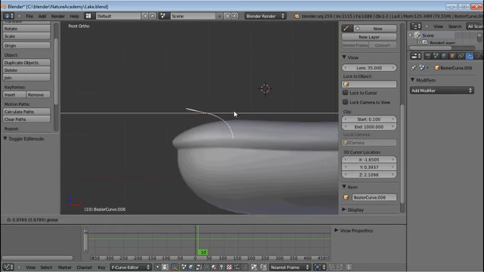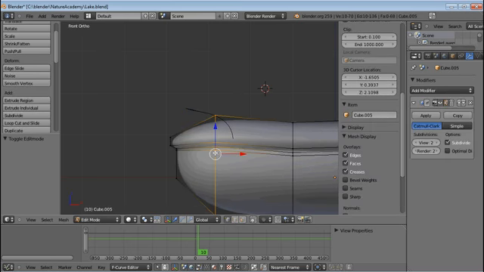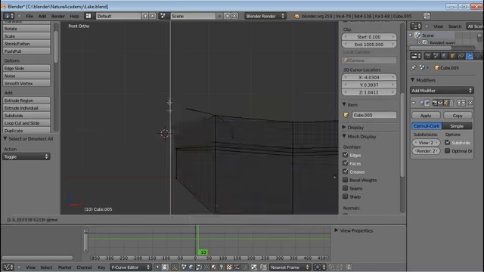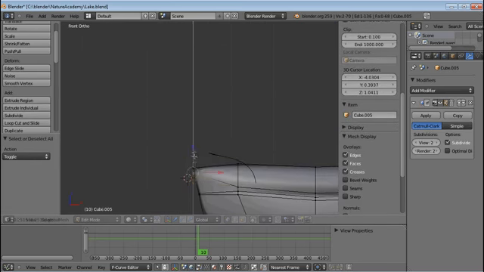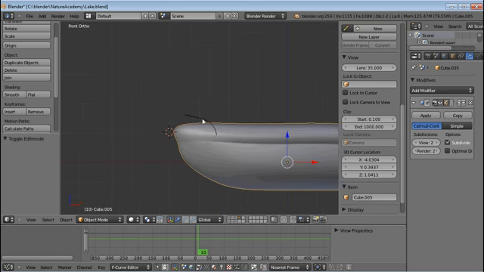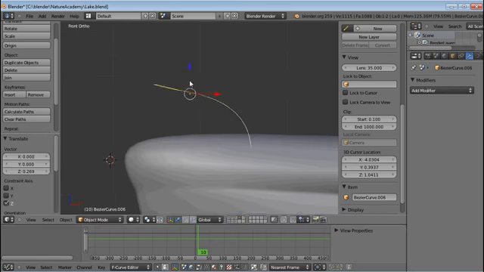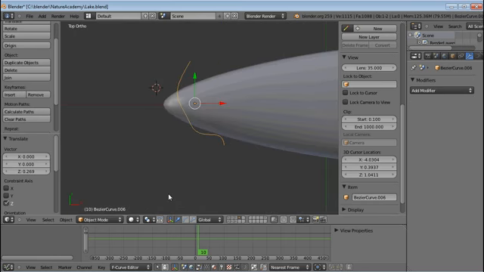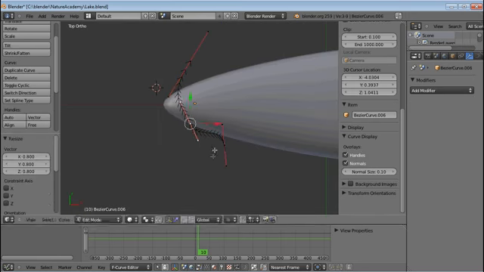Okay, let's move this in as well, and also this looks weird. Yeah, this is now way too low. Okay, that should do. Okay, now this looks very weird,